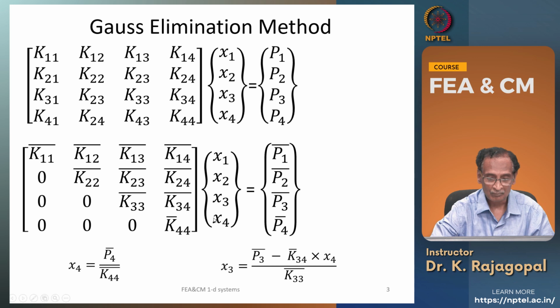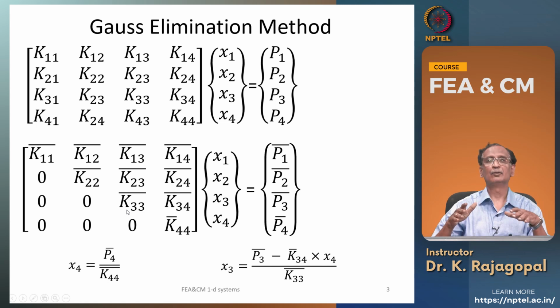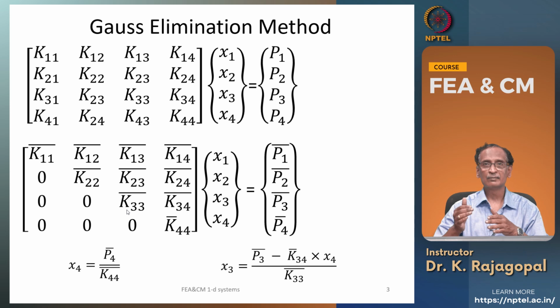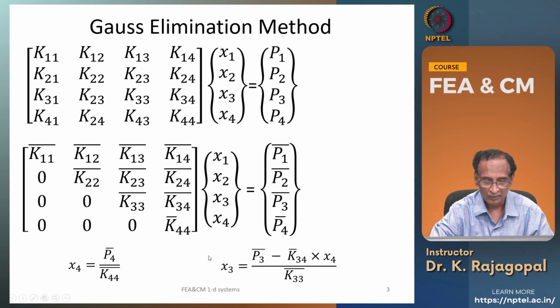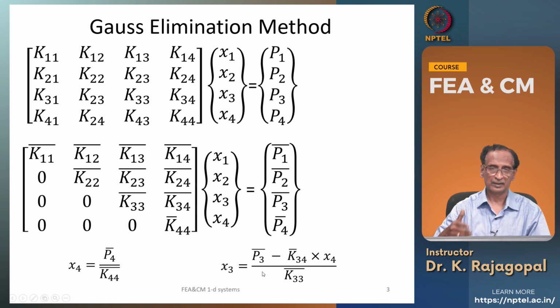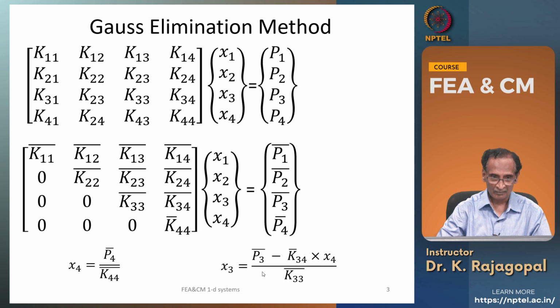And once we determine x4, we can determine x3 from the previous equation, because we have two quantities here, x3 and x4, and x4 was already determined, and now we can determine x3 like this and continue the process x2, x1 and so on. Okay. So, now